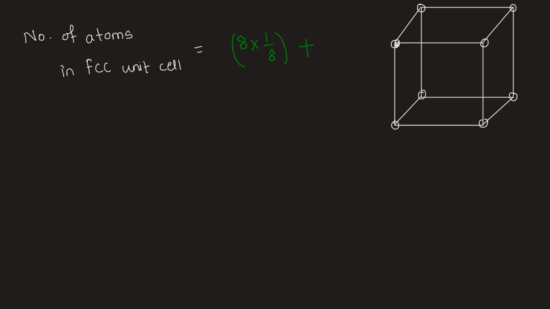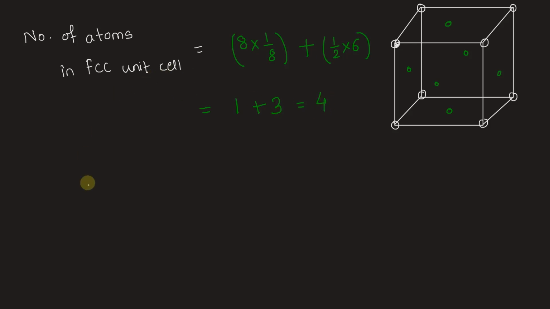Plus, there are atoms at the faces too. Therefore, it is called face-centered cubic. So, at the center of every face, there is one atom. There are 6 faces for a cube and therefore, there are 6 atoms. But the atom on the face also will be shared by one of the neighboring units and therefore, only half of this atom is present in a single unit. Therefore, we write it as half into 6, 6 faces, but half of every atom at every face. This comes out to be 1 plus 1 by 2 into 6 is 3. So, there are a total of 4 atoms in a unit cell of FCC crystal.